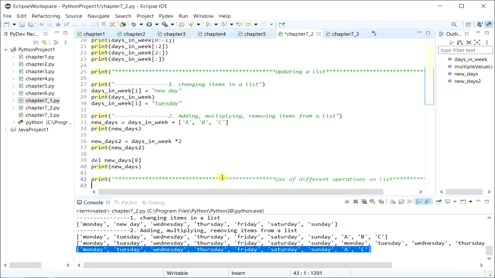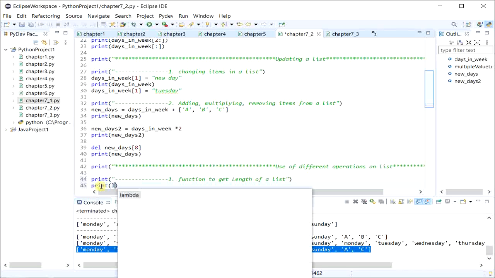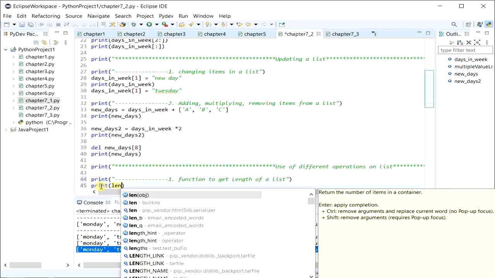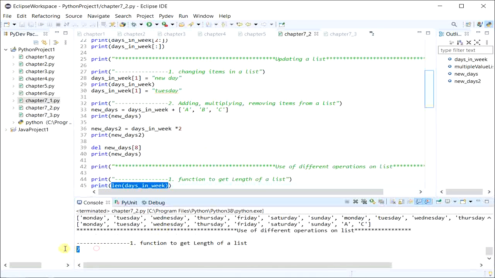Next we'll learn about a few of the operations which we can use in a list. So the first operation which we have in a list is calculating the length of the list. So as we saw in some previous videos, the length function is used to calculate the number of characters in a string. Similarly, in the list, it is used to calculate the number of items in the list. So simply use the function len. Input will be a list, name of the list. So I'm directly printing the output of len function and I've added it in a print statement. So let's run this. Yep, so it gives me the length as 7.